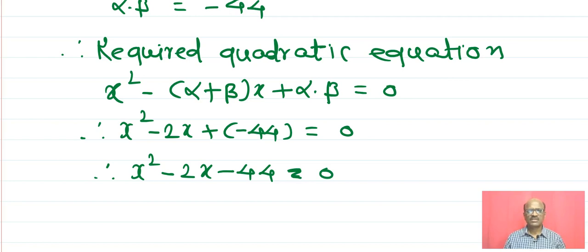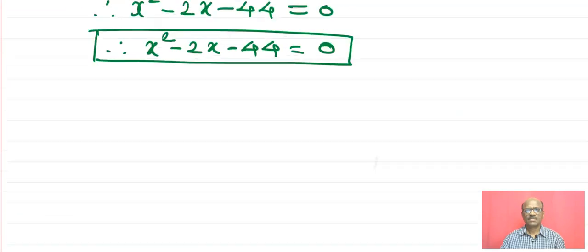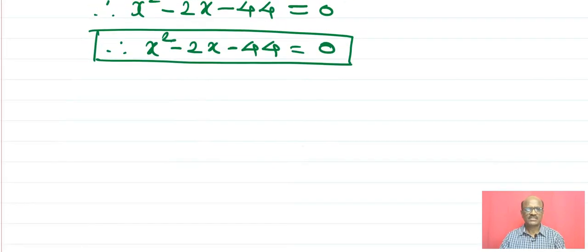This is the required quadratic equation. X square minus 2x minus 44 equals to 0. Now next,